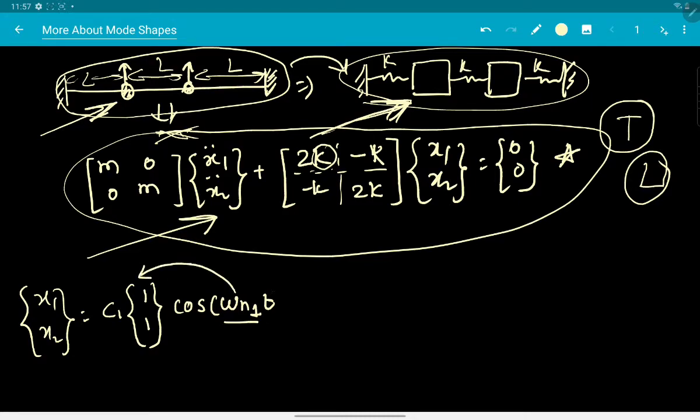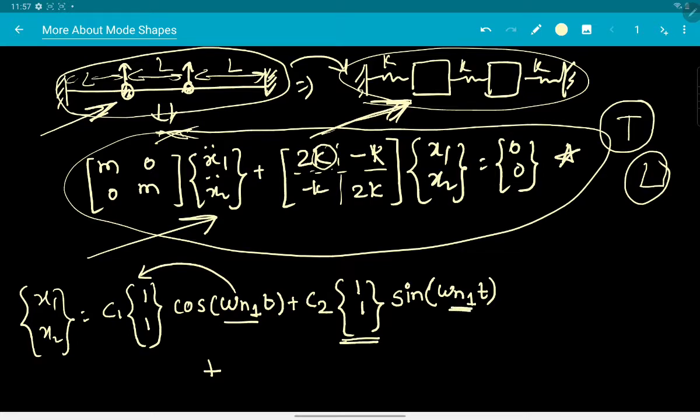Okay, so the way you have written in your tutorial session is, I guess, like this, right? So you considered sine and cosine terms separately, you can do it that way, there is no harm. It becomes easier when you are solving for initial conditions, right? So this is again the same mode shape and same first natural frequency, so first mode shape and first natural frequency, this is a pair that will always come in pair. But there is also a contribution of another mode shape, the second mode shape. Okay, and that contribution is over here.